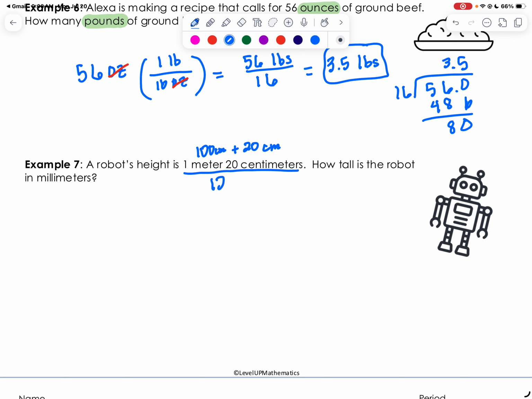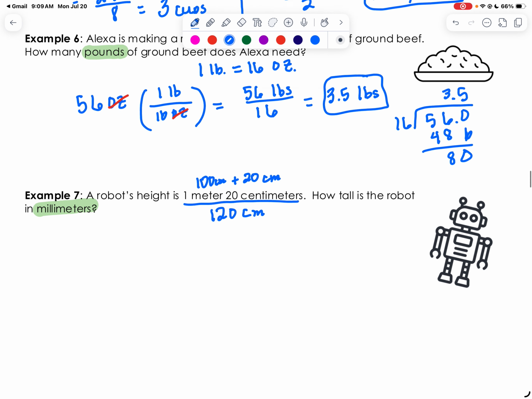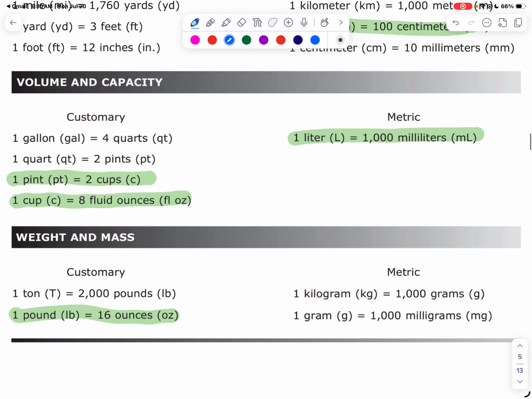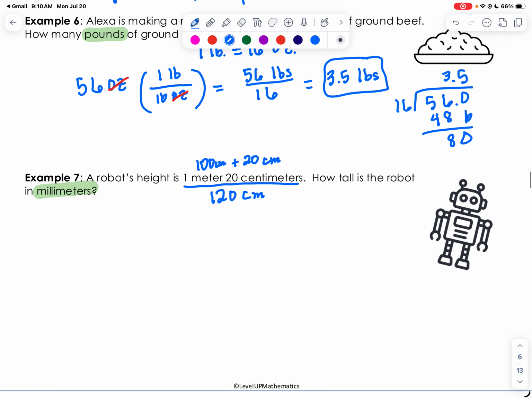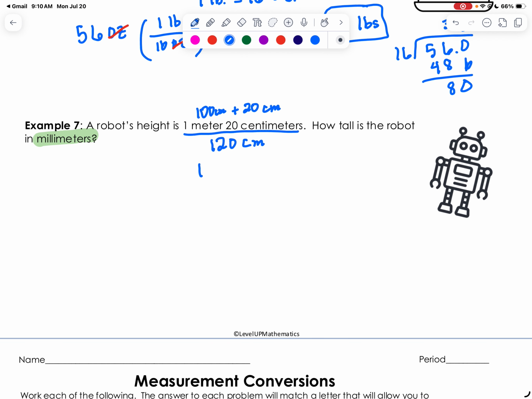So I know I've been given 120 centimeters, and they want to know how tall is the robot in millimeters. So I need a unit right here, and I'm going to use this one. 1 centimeter is 10 millimeters. So let me write that down. 1 centimeter equals 10 millimeters. All right, so now take what you're given, 120 centimeters,